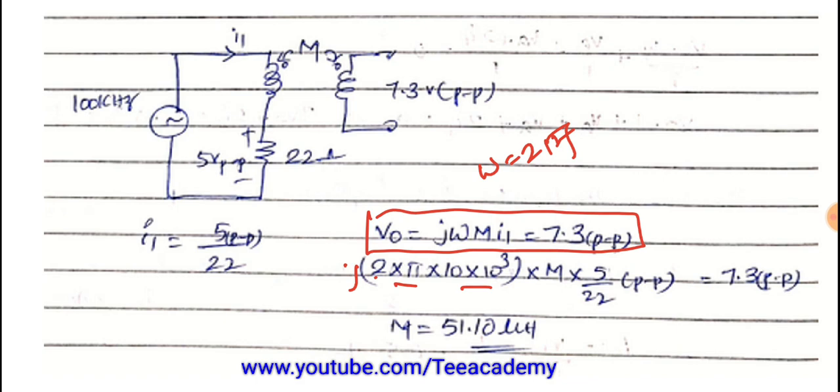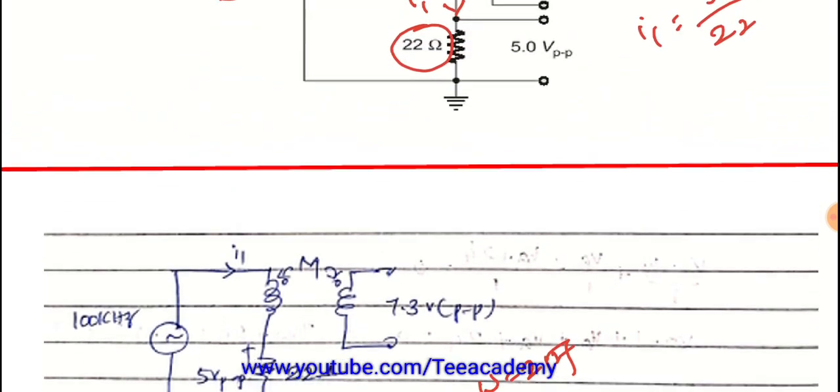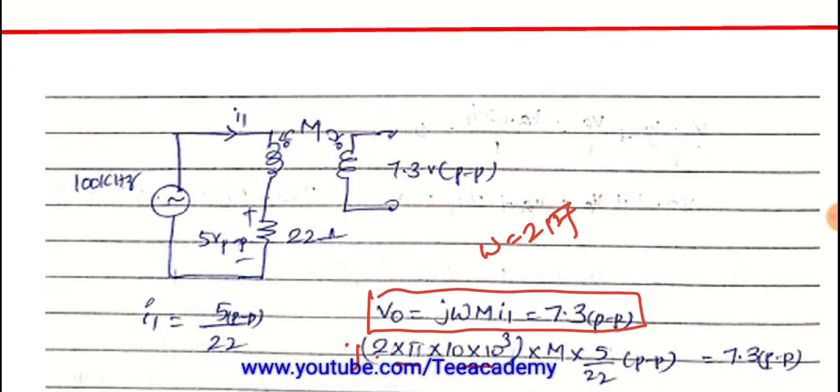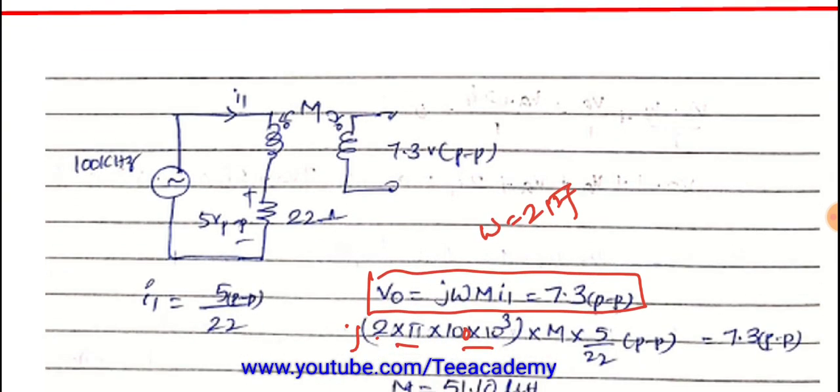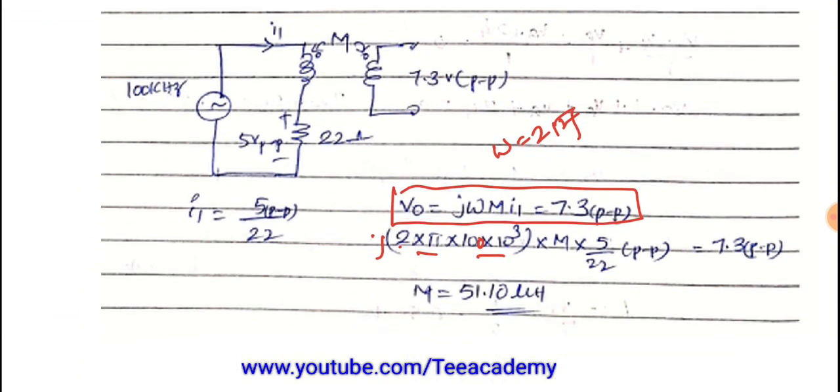you will get the answer as 51.10 microhenry. Let me correct here, the frequency is 100 kilohertz, I made a mistake earlier. Substitute the value and you will get the answer as 51.01